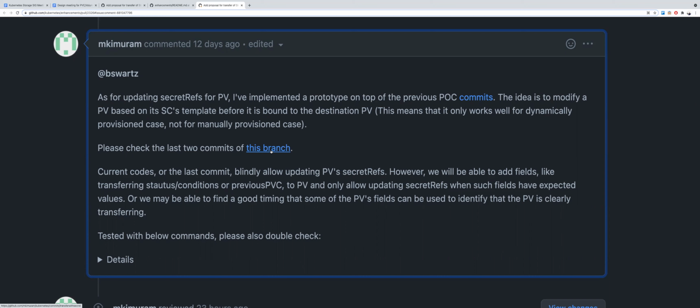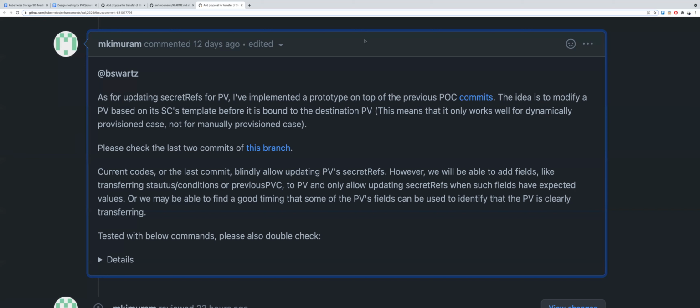So if the secret is referencing the same namespace as the source PVC, it can be modified to reference the destination namespace based on the storage class templates. Are you copying the content of the secret to this destination, or